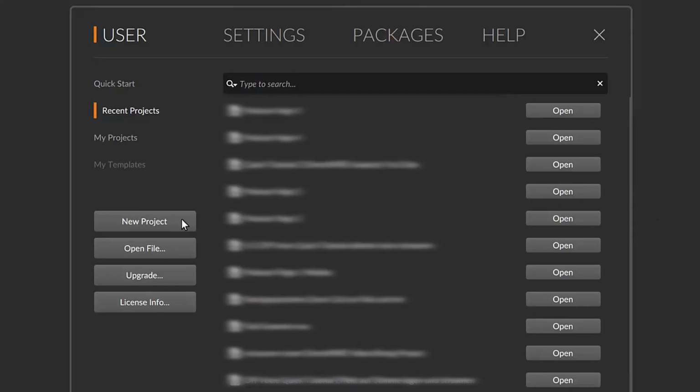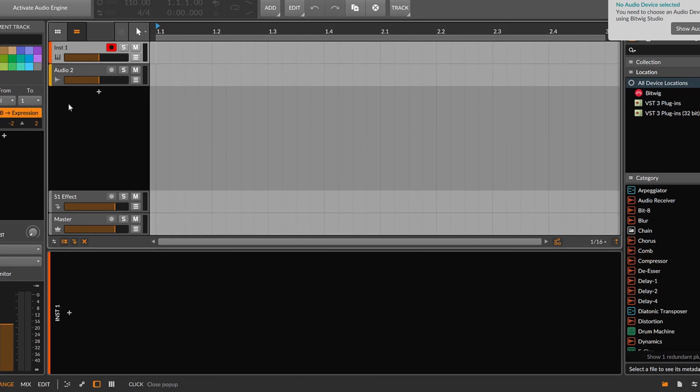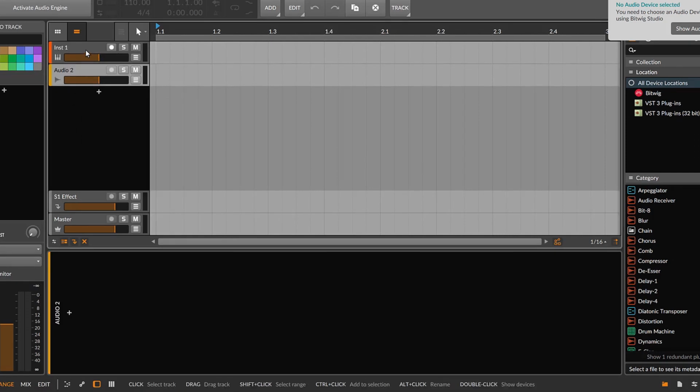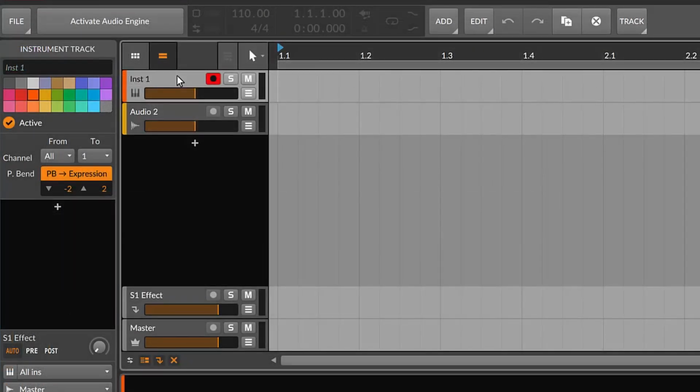Open an empty session in Bitwig. Create a new audio track or use the one that is already there. Although you want to record an instrument, you need to select an audio track here. Instrument tracks are mainly for MIDI inputs like keyboards or synthesizers. If you use Bitwig with Maya 22 USB for the first time, you need to set everything up.